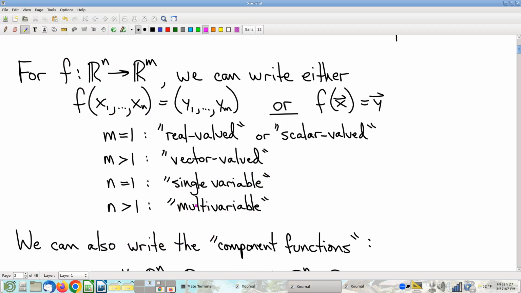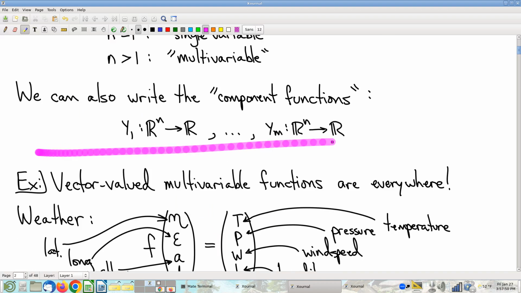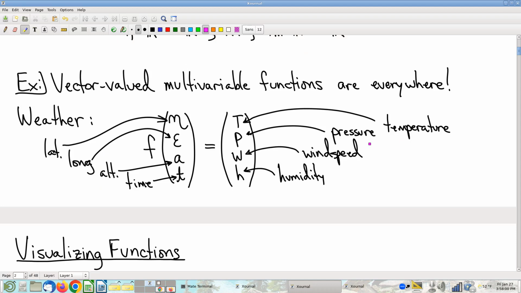Okay. All right, you can read this for yourselves. Component functions are just the parts that make up a vector valued function. Okay. So just to point out how common vector valued multivariable functions are,